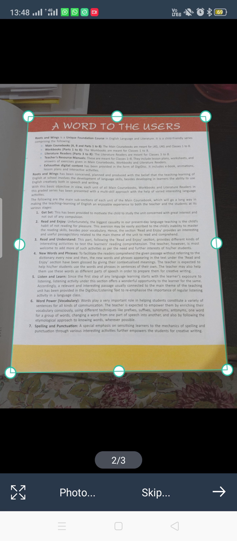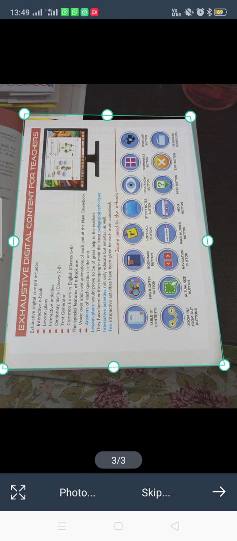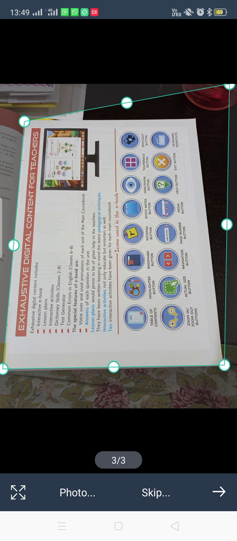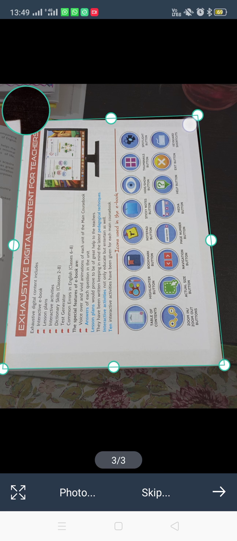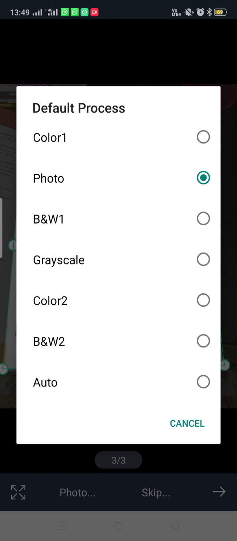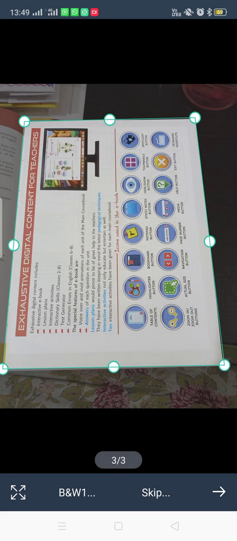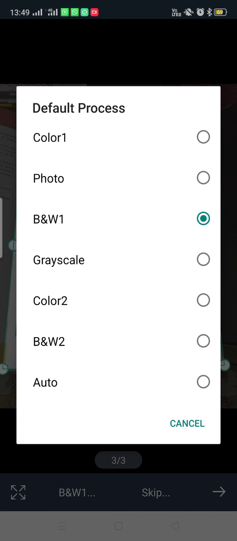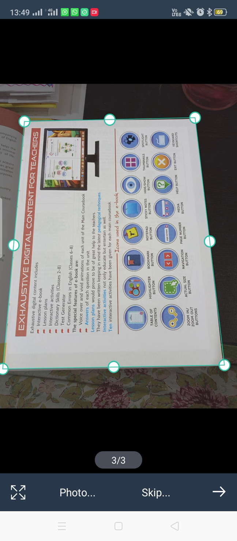It automatically takes the picture of the page only, but even if you want to select something else you can. Like I want to select this, so I can take this, but I don't want this, so I will select only this. And if you click on this photo thing you can also make it black and white, gray scale or whatever. Now if I click on photo then my photo is clear, so I can click on the photo. Now then we can move further.